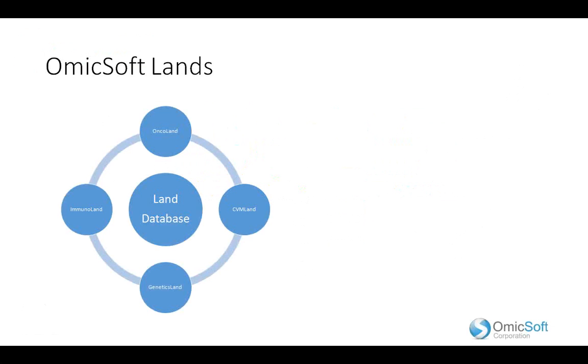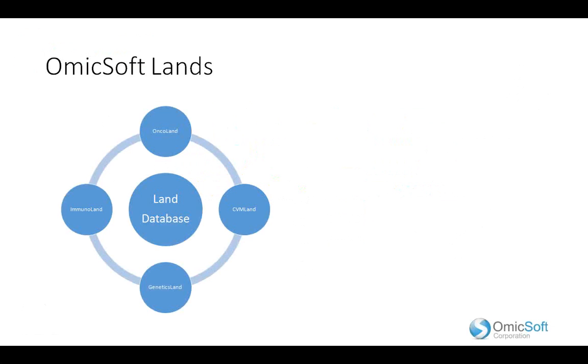But GeneticsLand is slightly different. In the world of genetics, everything is variant level. You can search for regions, you can search for genes, but then that gene essentially just gets changed to a region. You can search for genes, an SNP list, or maybe just a single SNP. So there is GenomicsLand and there is GeneticsLand. But